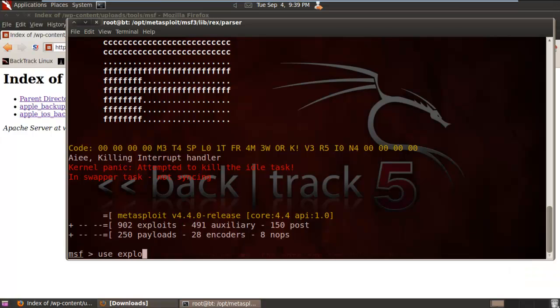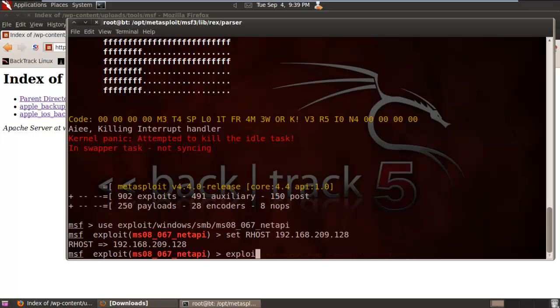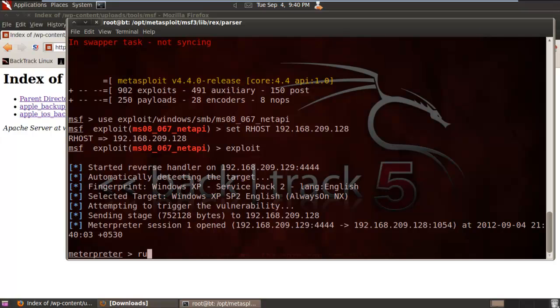In order to use the post-exploitation scripts from Metasploit, first we have to compromise the victim computer using some other vector. So using the Metasploit console, I am going to exploit the NetAPI vulnerability in the Windows XP machine. Here I supplied the Windows IP to the RHOST parameter. After successful exploitation, Metasploit returns a Meterpreter shell where we can run post-exploitation scripts.